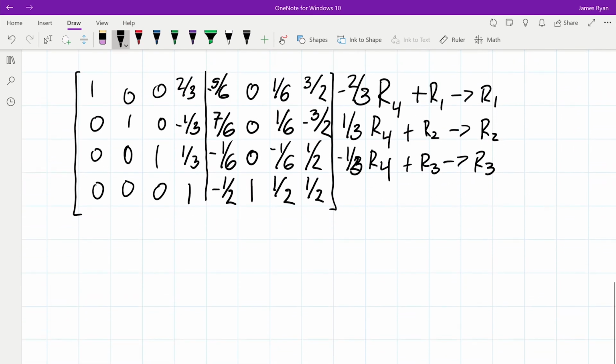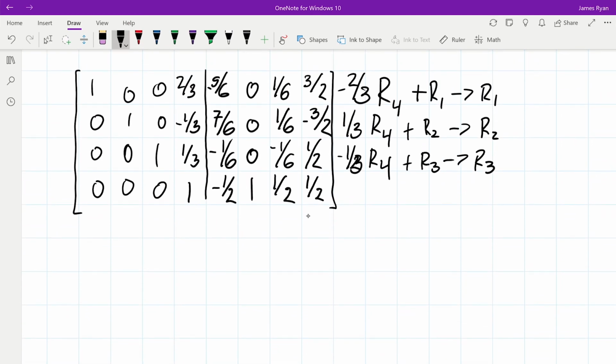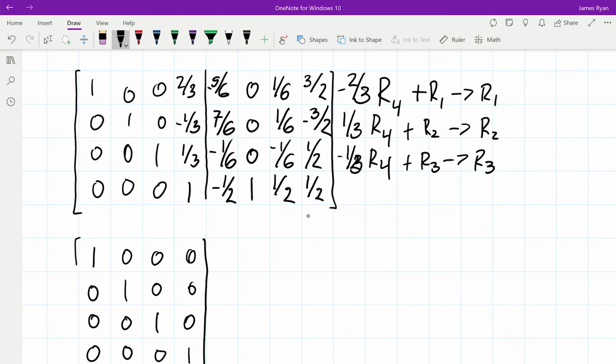After this step, we will have on the left-hand side the identity matrix 1, 0, 0, 0, 0, 1, 0, 0, 0, 0, 1, 0, 0, 0, 0, 1. And on the right side, we will have negative 1/2, 1, 0, negative 1/2,